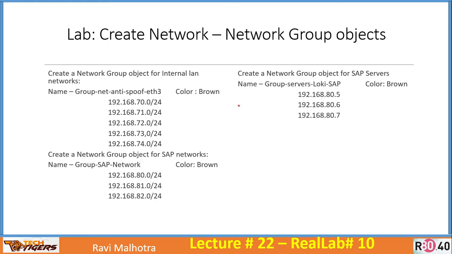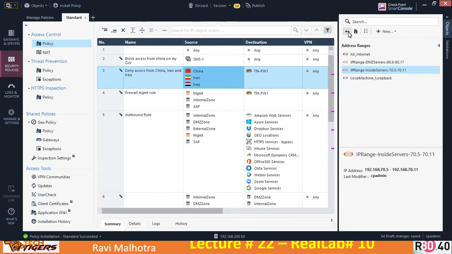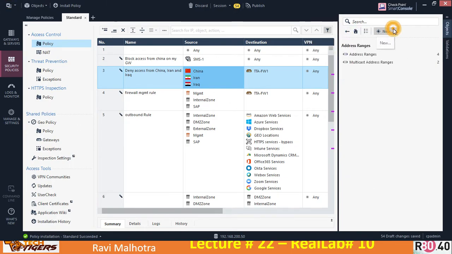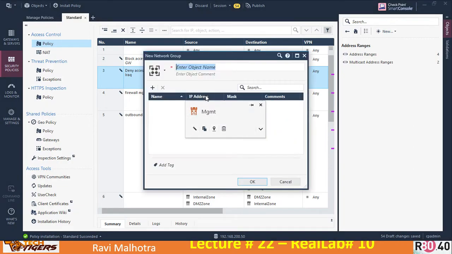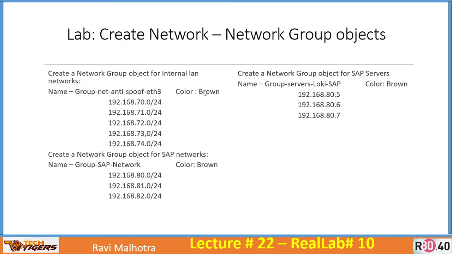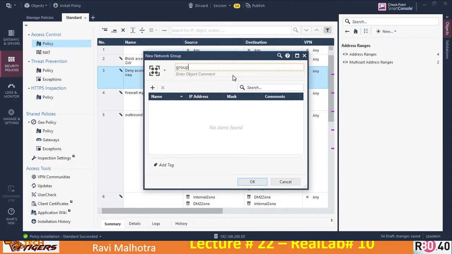Let us create network group objects. Okay, so create a network group objects. Go back here, click on new, more, network objects, group, network groups. Okay, let us go back to the PPT. Name of it should be group net anti-spoof ETH3. All right, group net anti-spoof ETH3. Choose the color as brown and click on